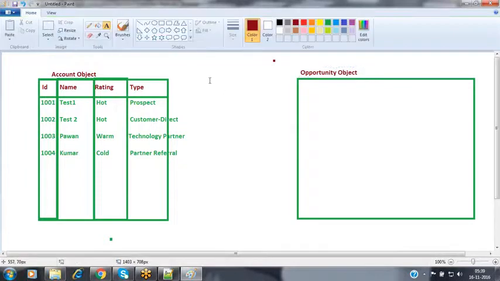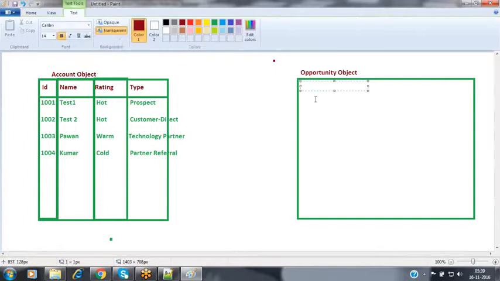Now these two objects are associated, and we have some set of fields here, a few columns inside this table: the ID of the opportunity, the name of the opportunity, and the amount of revenue generated from the customer.